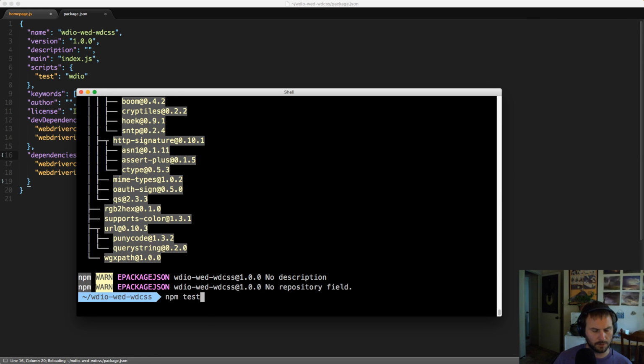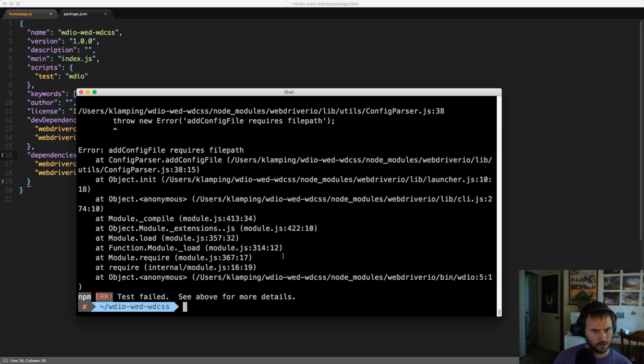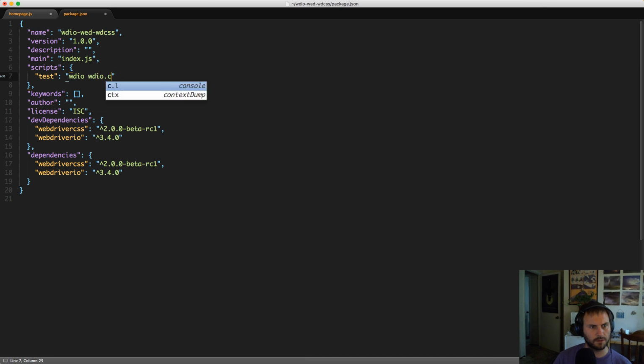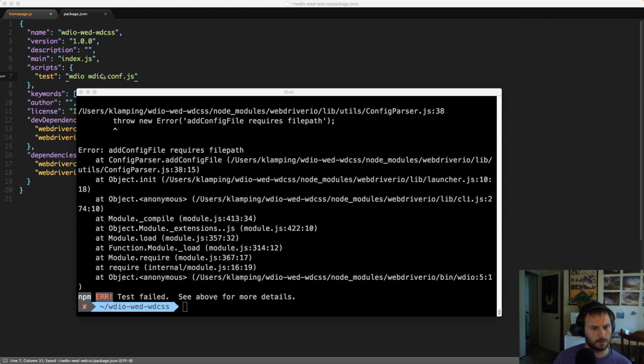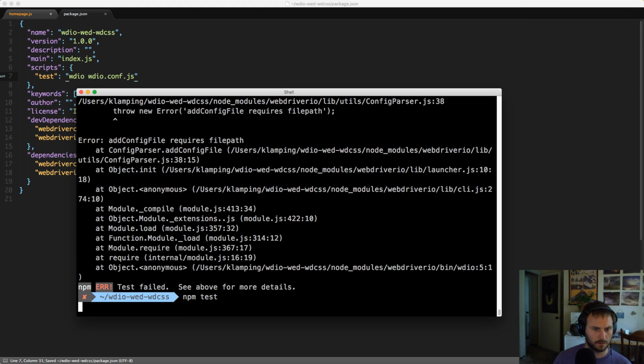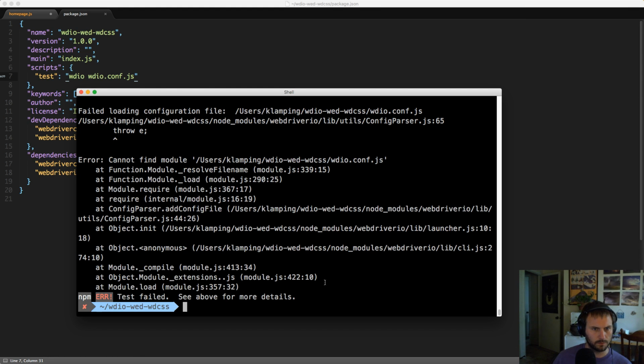But let's see if I can run npm test again. No, it doesn't like that. So I think what I will do, oh, you know what? I wonder if I have to pass in the command file. Let's see. Nope, that's not it. Oh. So I don't have the command configuration file set up yet. So what I'm going to do is run